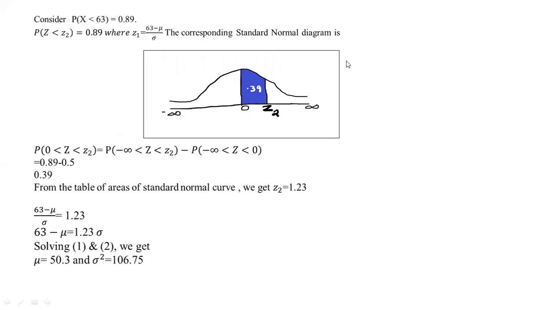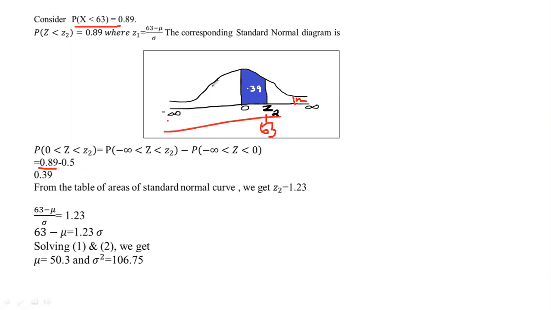Similarly, we calculate the second equation also. Under 63 there are 89% of items, so we write it for over 63. Over 63 is 0.11. You can take it in two directions. This is the area which is 0.11. Otherwise, if you want to take 0.89, from the starting point to here, where the x point is 63, it is 0.89.